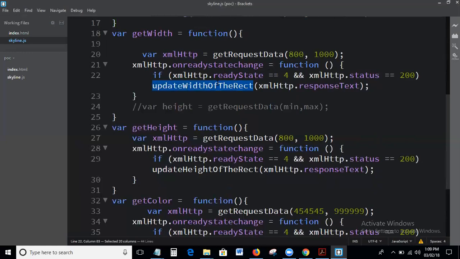What I'm trying to say here is, we will call each request in parallel, and we will get the response of each request, and if all three are successful, then only we will update the width of the rectangle. So that is the idea. I have created these many functions. For each one, we need to get width, get height, and get color. So we need to call them in parallel, and we will get a response